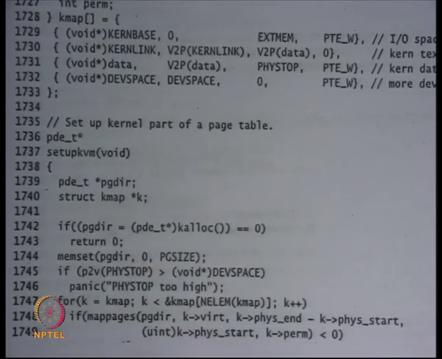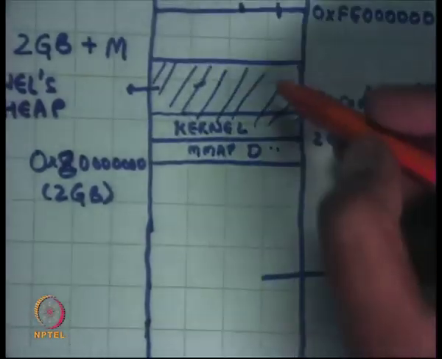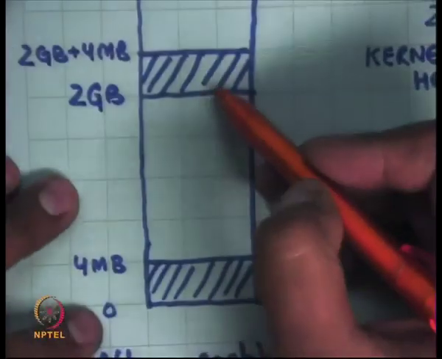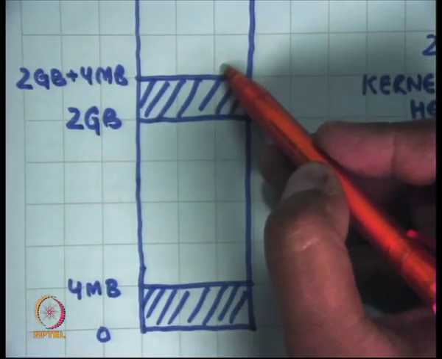Yes, question. How is kalloc working? Right now we do not have a page directory or anything, so from where will it allocate a page? Okay, so there was one function called kinit that I skipped. I'm going to discuss that later. But let's just assume that this address space has already been initialized. Right now we are working in this address space, 2 GB to 2 GB plus 4 MB. That's a great question.